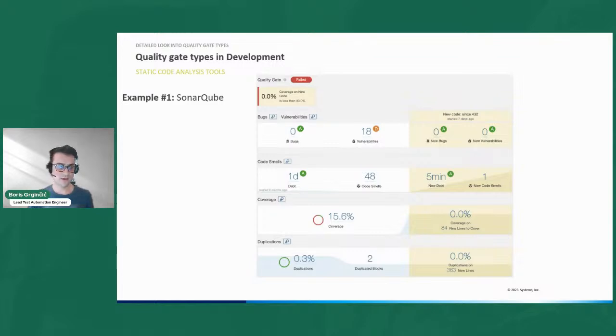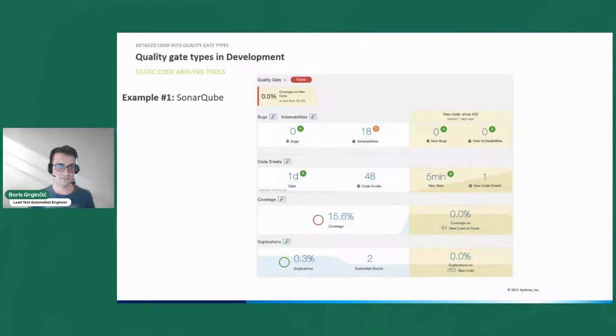And this quality gate has actually failed because the coverage on the 84 new lines which have been added in this commit has been only 15%. And SonarQube has alerted us that this is a problem, because on the project we agreed that 80% code coverage is necessary. Essentially,